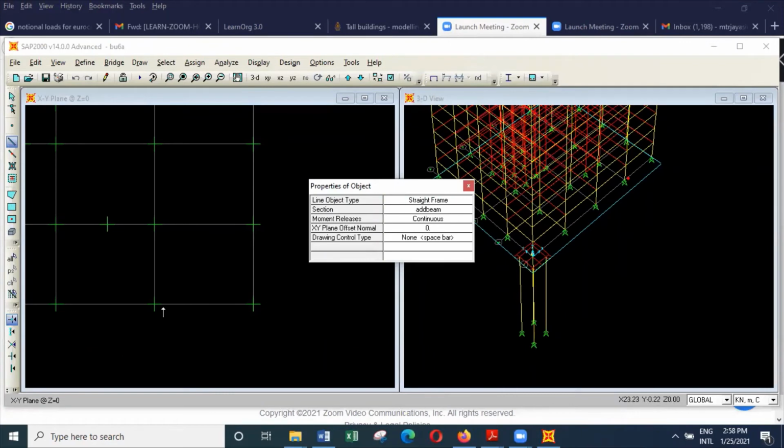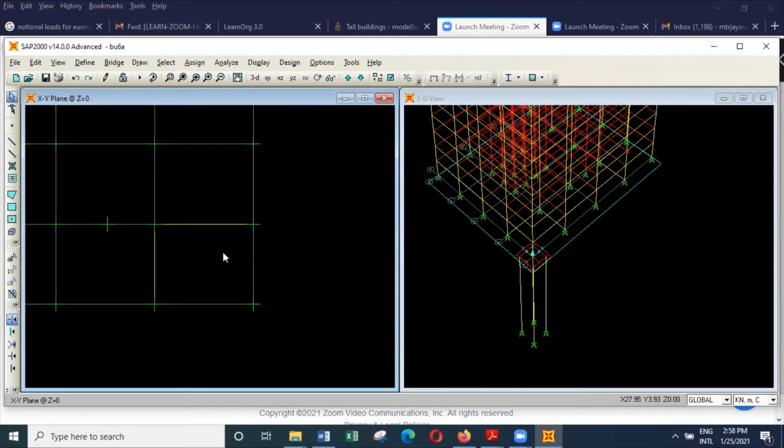So you can say additional beam. So I can say that